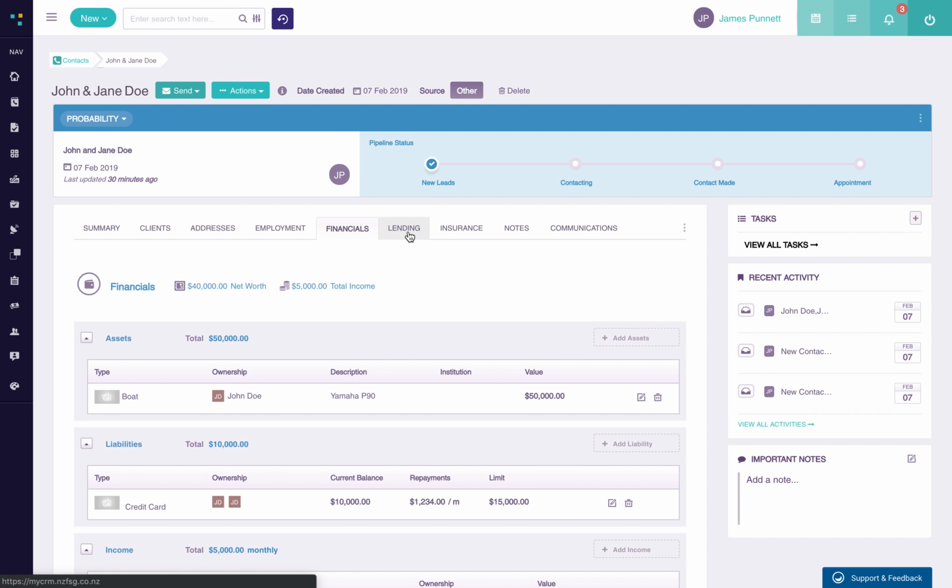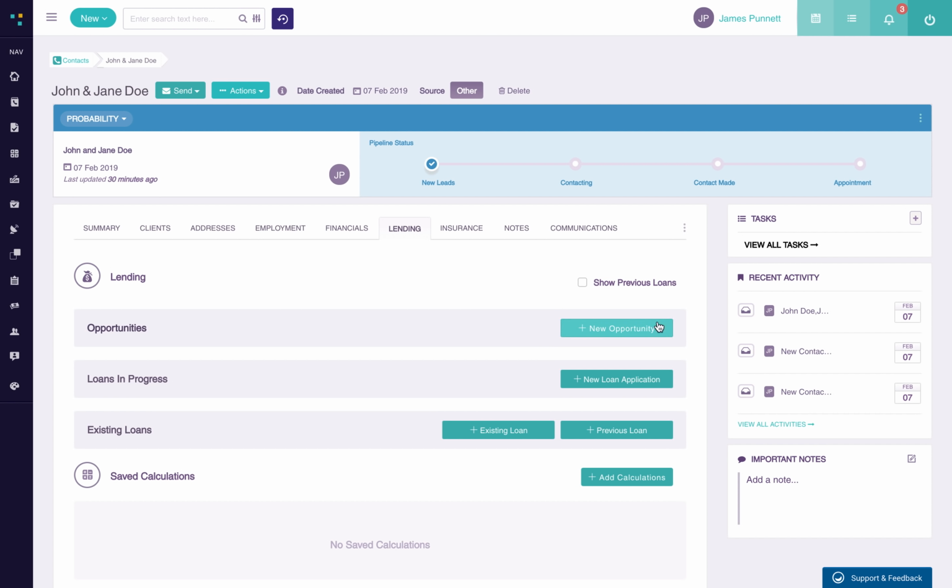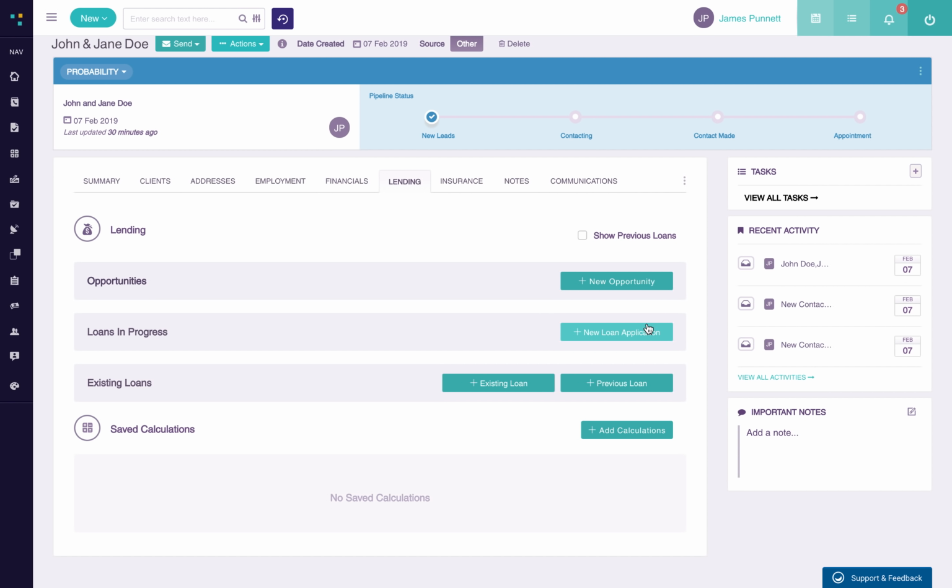The next tab is Lending. If I click on the Lending tab, this will show me any loans that I currently have already in progress, or any existing loans that have already been entered for this contact. We can create a new existing loan that they may have